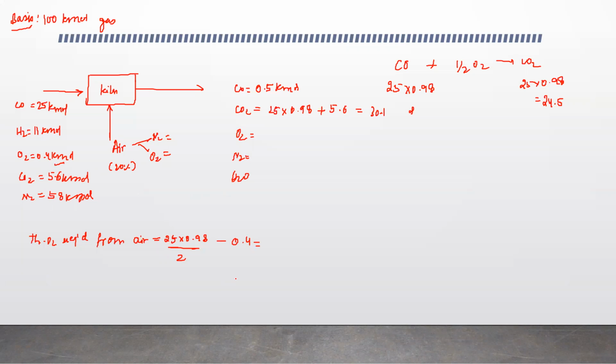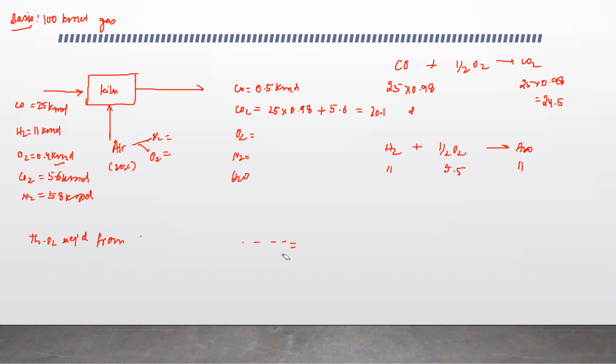This much oxygen is theoretically required from air, right? So 25 by 2. Oh, just a minute. Plus even hydrogen is there, right? So hydrogen plus O2 gives you H2O. So hydrogen is 11, this is going to be 5.5, plus 5.5. Just a minute, sorry. See, we need,